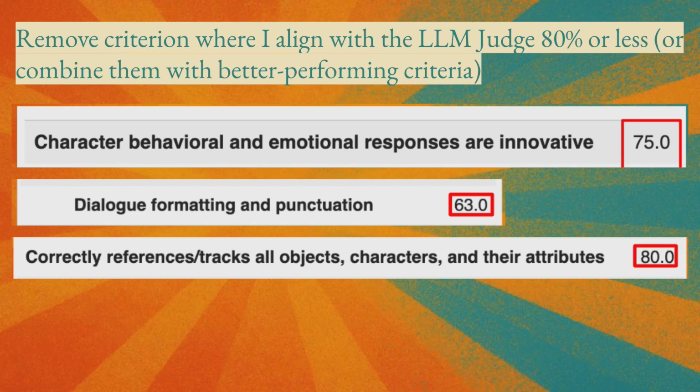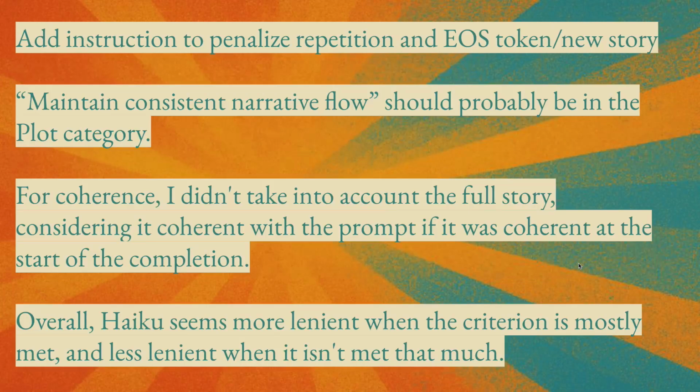The last one I'm going to see if I can combine some of these elements into one of the better performing criteria in context tracking. I want to add an explicit instruction to penalize repetition and to penalize completions where the model generates an EOS token and starts a new story. Haiku was pretty good at doing that, but I think adding an explicit instruction will make it even more consistent. I also think that maintain consistent narrative flow should probably be in the plot category, not in the context tracking category. So I'm going to make that move. That's not really going to change anything, but I just want to make sure that it aligns better with that